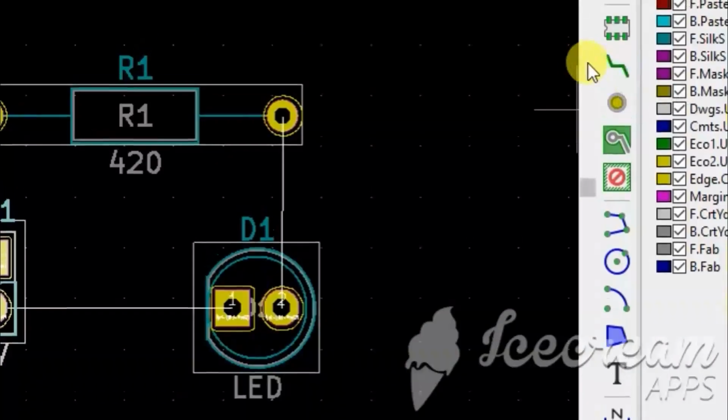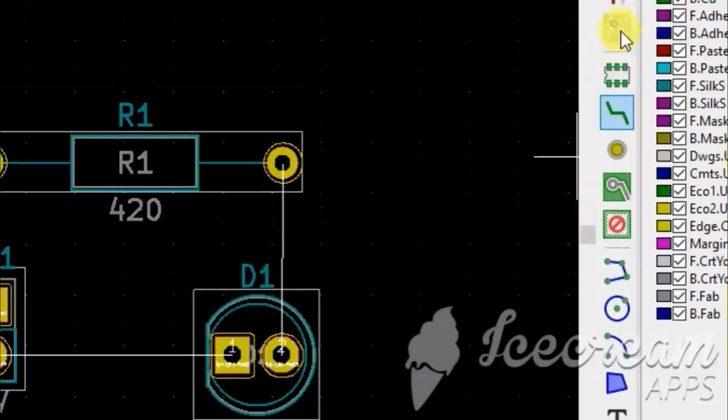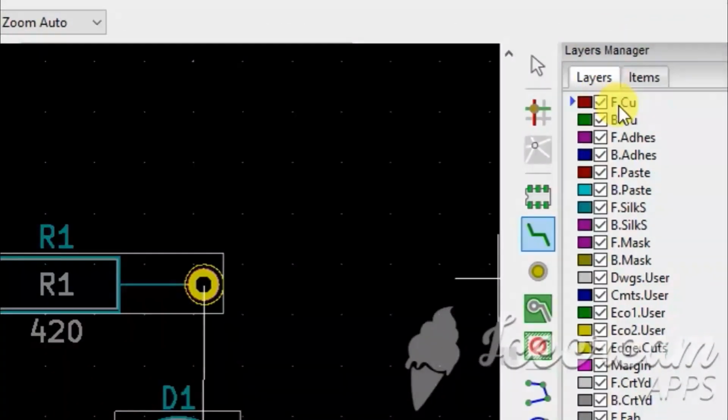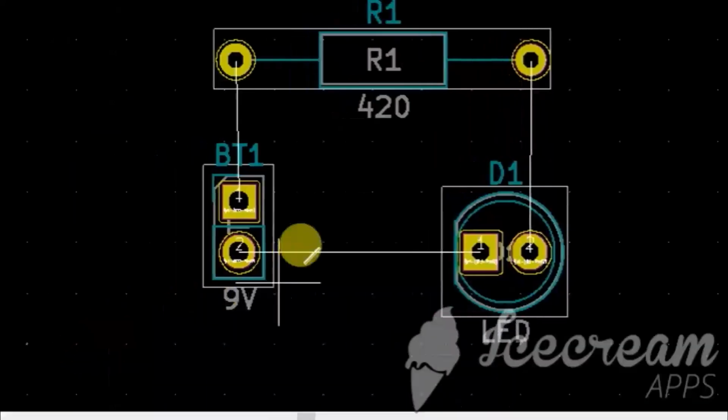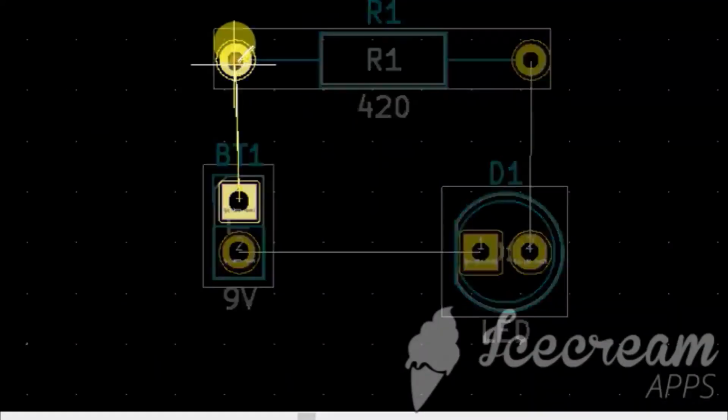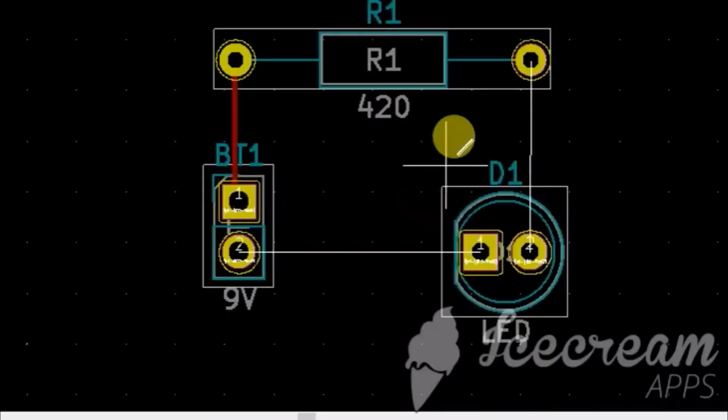So you choose wire. First you select the F.Cu footprint copper layer, the front copper layer, and click at this place and draw from one component to another component.